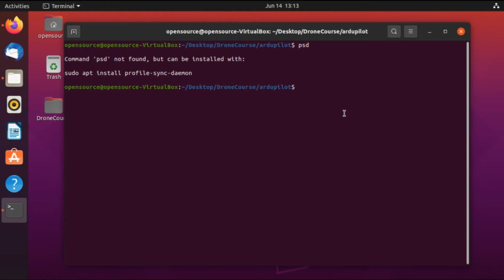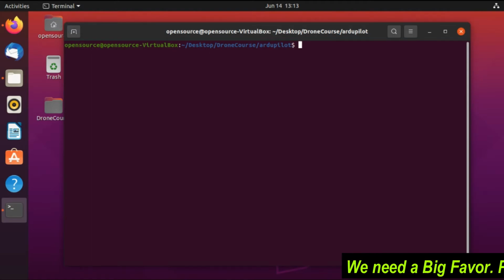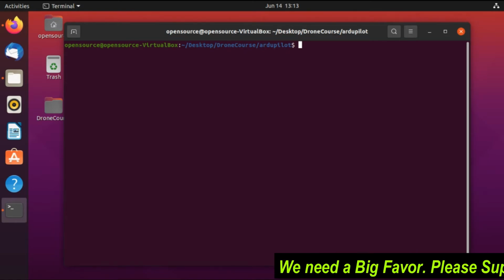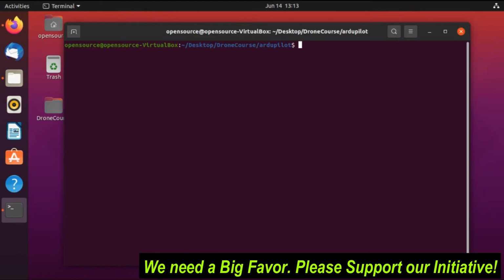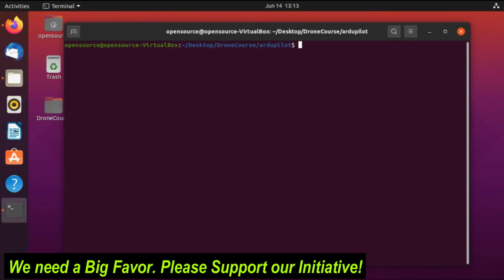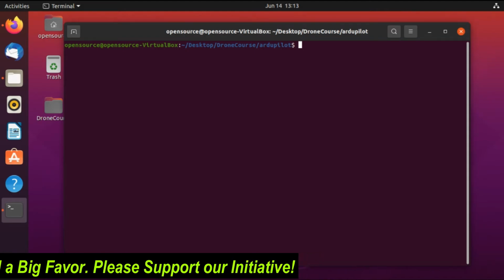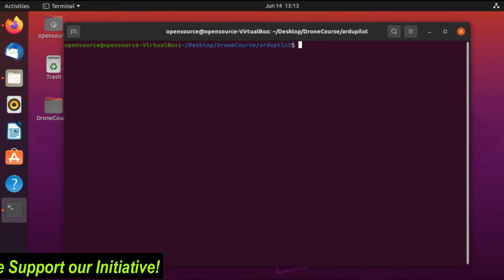Now some of you may think, but we do not edit any environment variables after we download and install any app or program, and still we can call them through the terminal, right? And the answer is, when you install any app or program, either it automatically edits the path in the environment variable, or it installs into a directory which is already present in the environment variable. So I hope you are clear now about environment variables. And if not, you can still ask anything in the comment section. Let's put the path of some folder in the environment variable so that we can call any file from that folder or enter into that folder from anywhere.